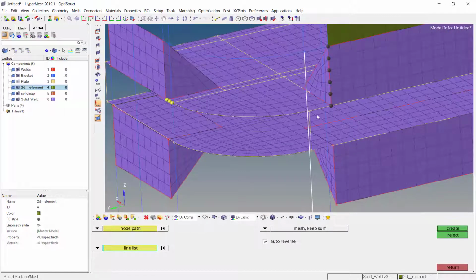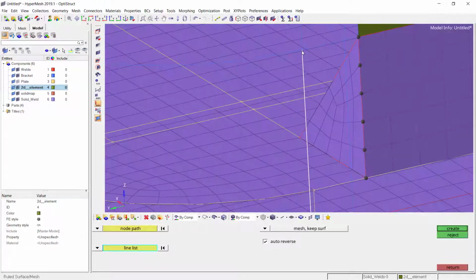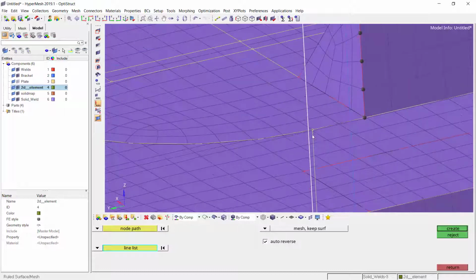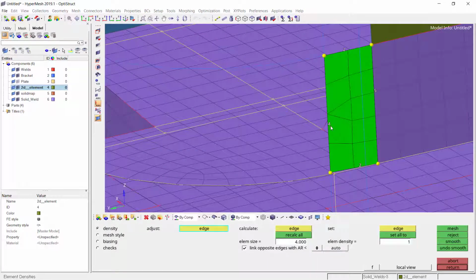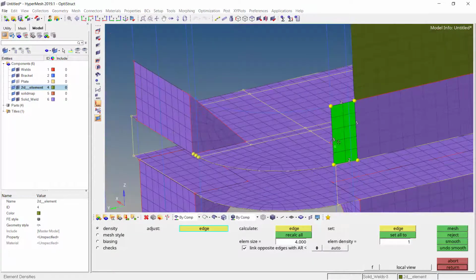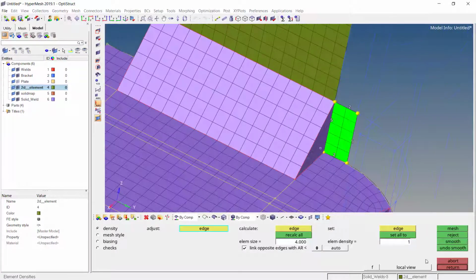But as you can see, the length of the line is also a bit higher. So again I can't use this option, or if you have to, you can shorten the length of the line. So select the first node, and the second node I want to be placed approximately at this location. Instead of keep surface, I will set it to delete surface. Again set it to create and perfect. Here I will increase the number by 1 so that there will be a perfect mesh.